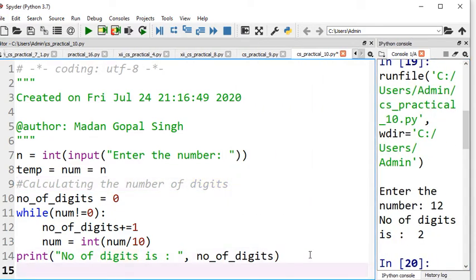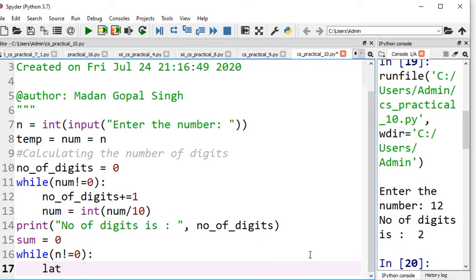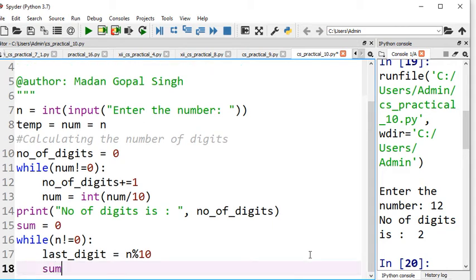Now the second portion is to calculate the sum. So sum is 0, while n is not equals to 0, and then what we will do, we will find the last digit. Last digit will be what? Last digit will be n % 10. If you divide any number by 10, then the remainder will be the last digit of that number. And then we need to calculate sum plus equals to, I am writing the short form, sum plus equals to last_digit,